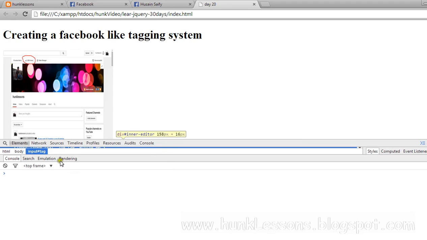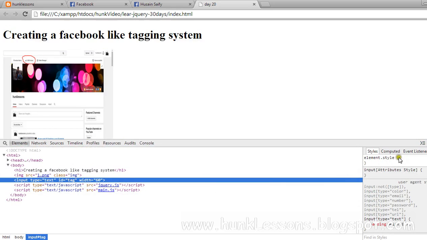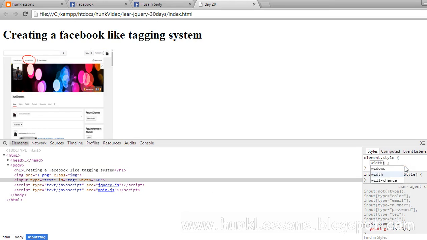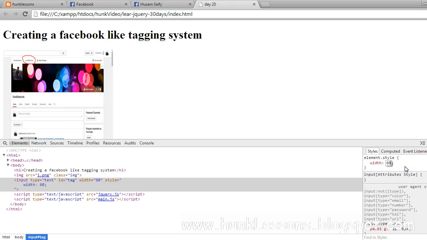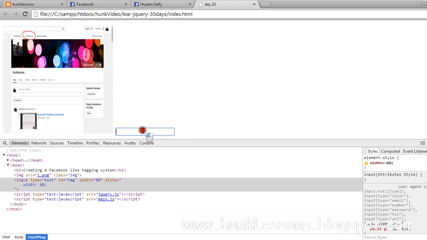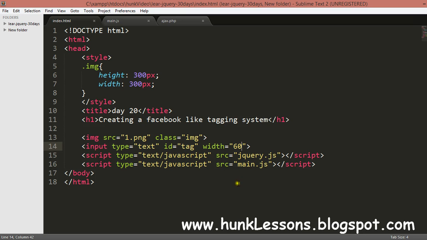Okay, well, it is not working here. I don't know why the HTML property is not working.